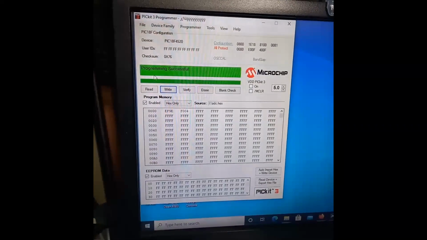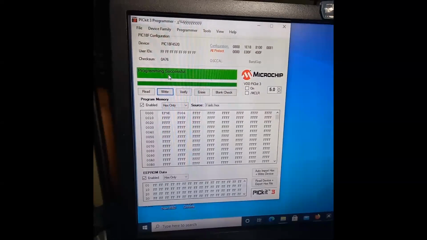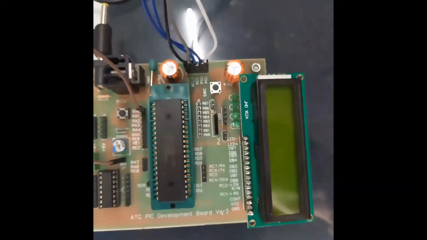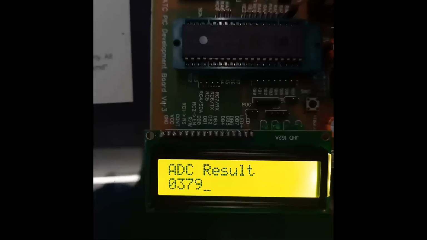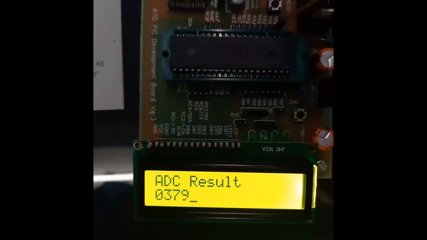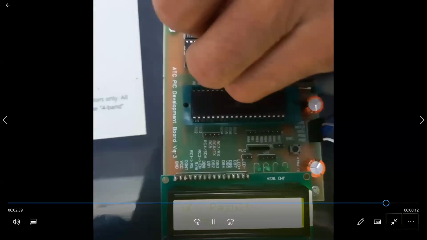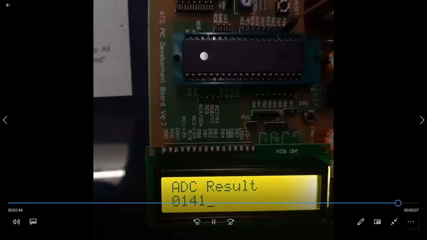So the status is programming successful. So the hex file is successfully burned into the PIC microcontroller. Now we can check the program. This C code is written for analog to digital conversion. So if I rotate this trimmer pot, the analog voltage will change and the corresponding ADC data will also change.